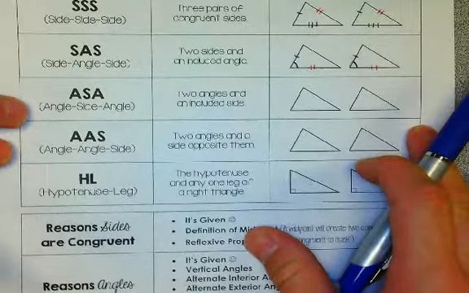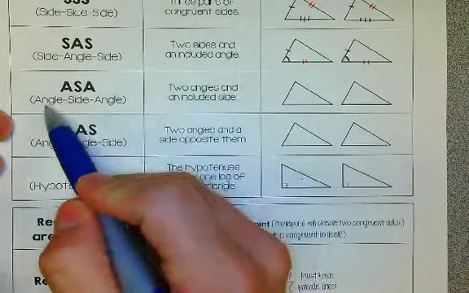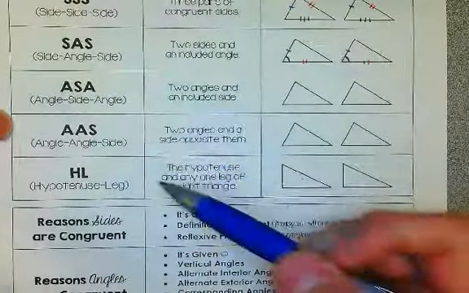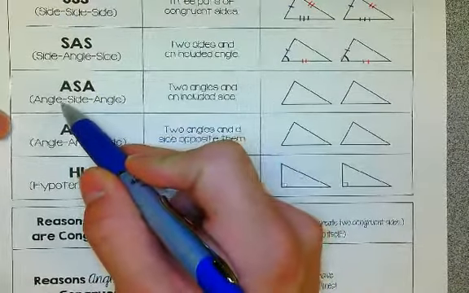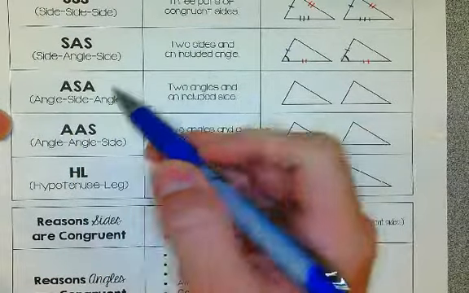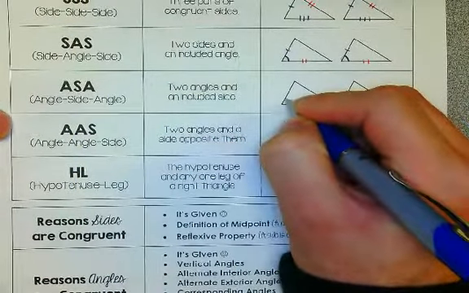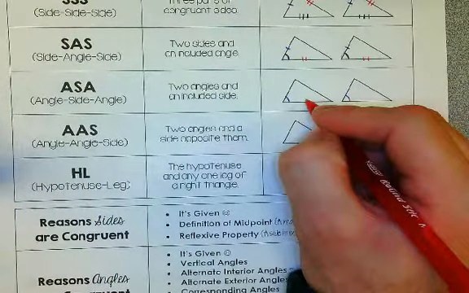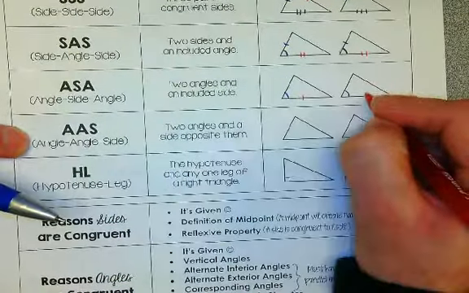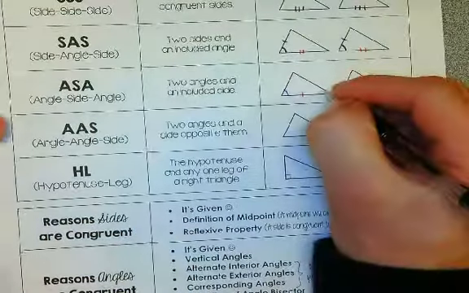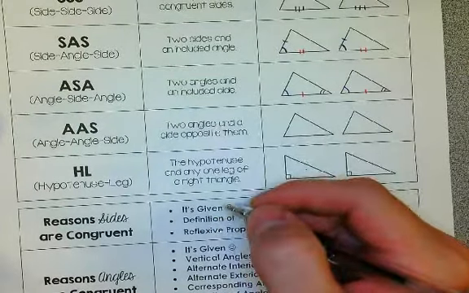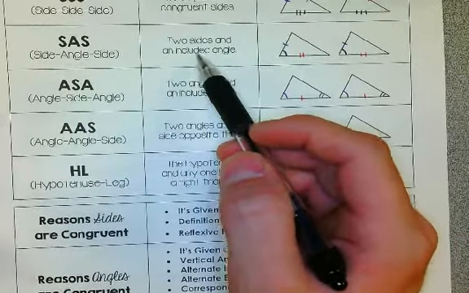Next up we have angle, side, angle. This is basically the opposite of the side, angle, side. Your picture is going to look like this. You have a pair of congruent angles, a pair of congruent sides, and then another pair of congruent angles on the other side. If you look here, these 2 words, the word is included. So included,